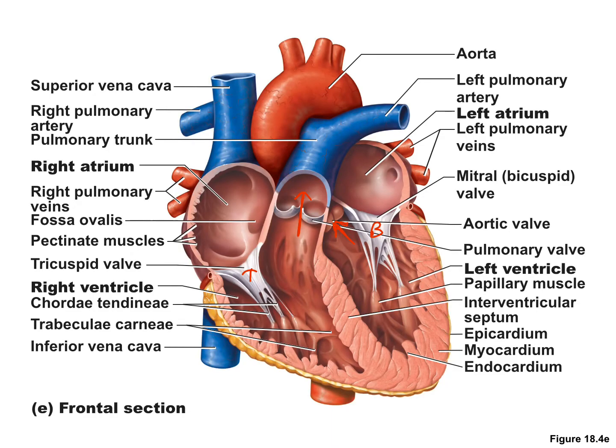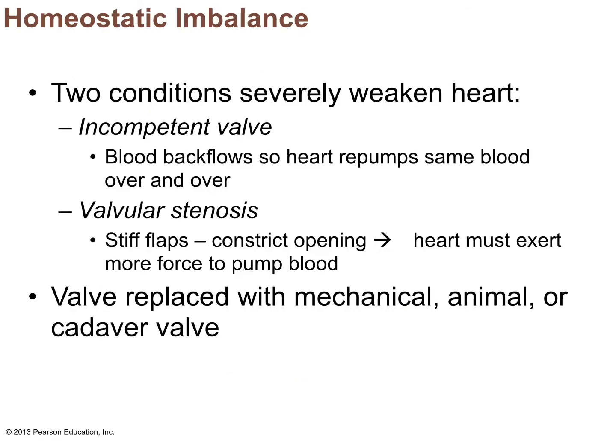Here you can see I put a T on the tricuspid valve and a B on the bicuspid or mitral valve. I also put arrows going into the aortic semilunar valve from the left ventricle, and then an arrow going from the right ventricle through the pulmonary semilunar valve, just so you can get some visualization on what we just discussed. So some problems with valves: you can have an incompetent valve, so the valve's not working, or so what